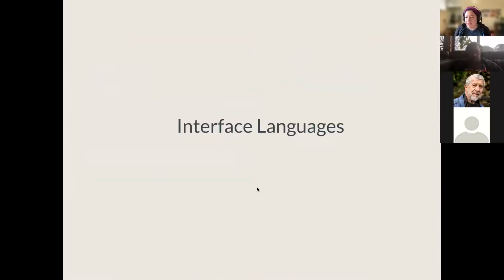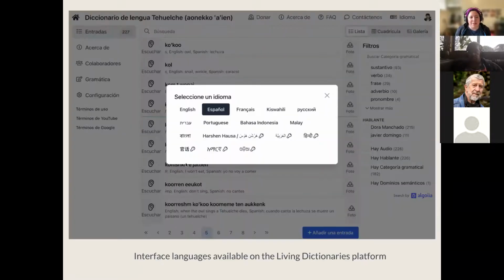Now I'm going to talk briefly about interface languages. So what I mean by the interface languages is how the platform itself works. So we have been showing it so far in English, but since we're very multilingually minded, we've made the platform available in many, many different languages. This is important because